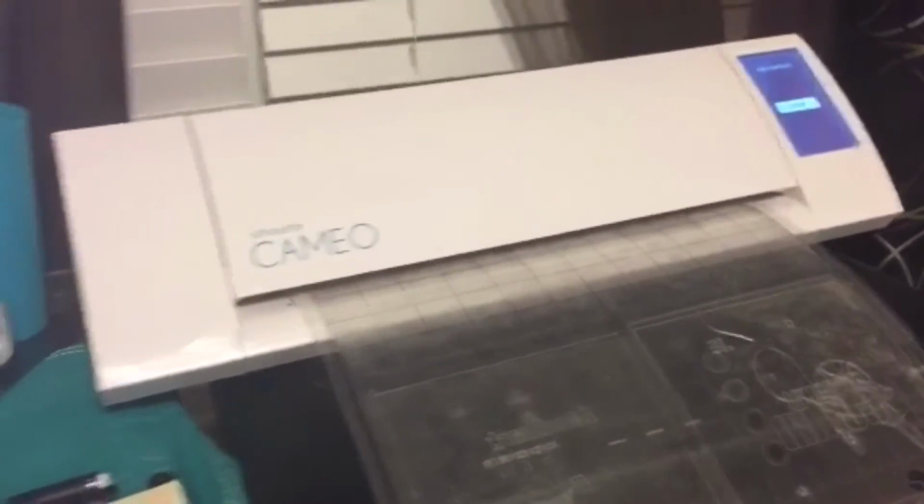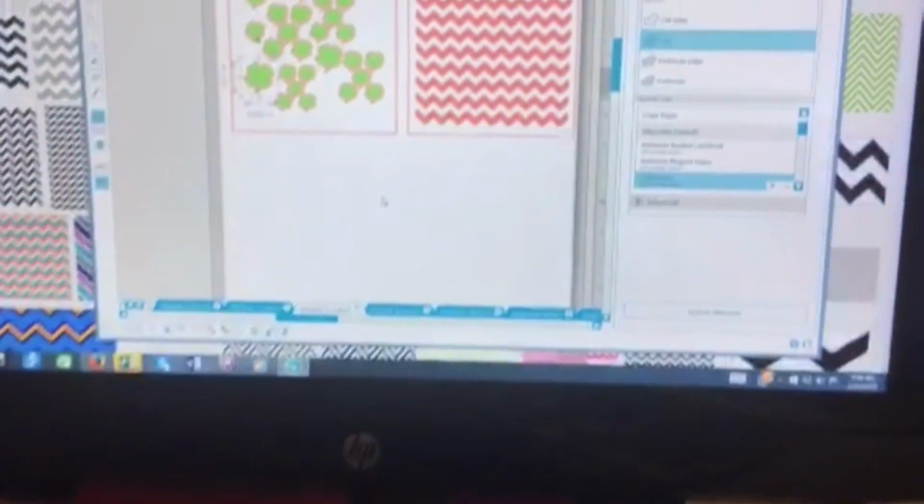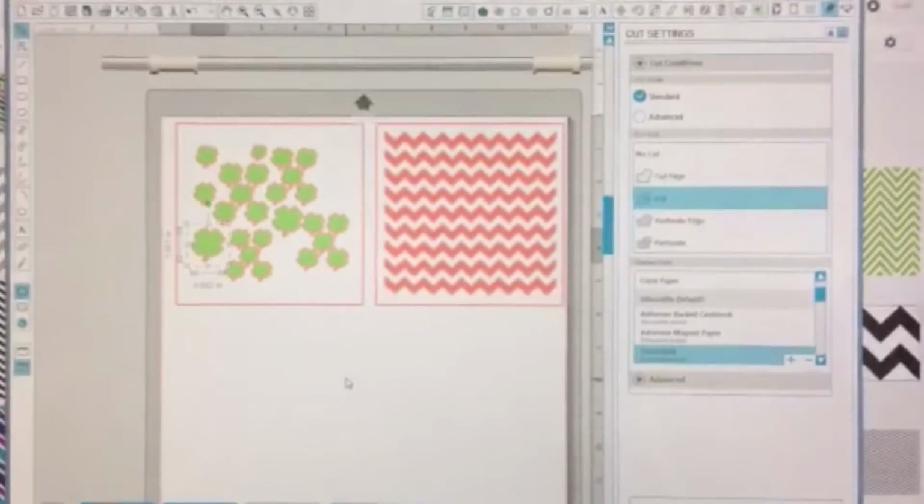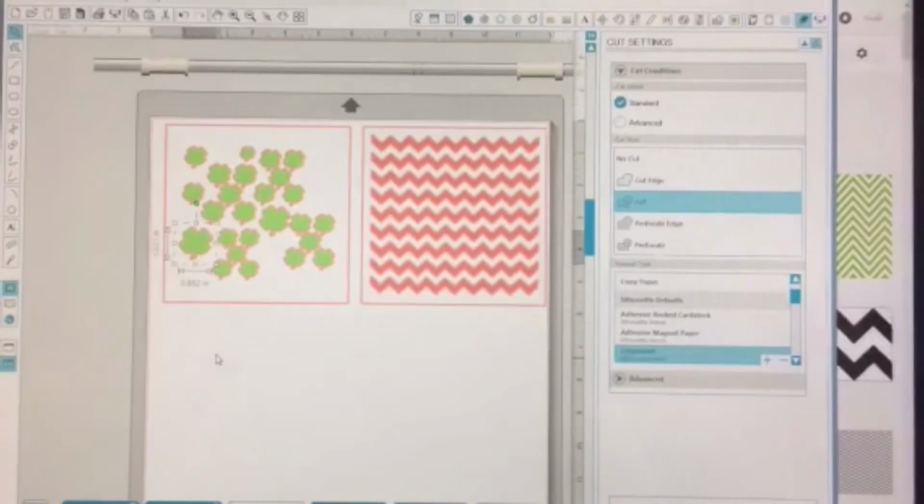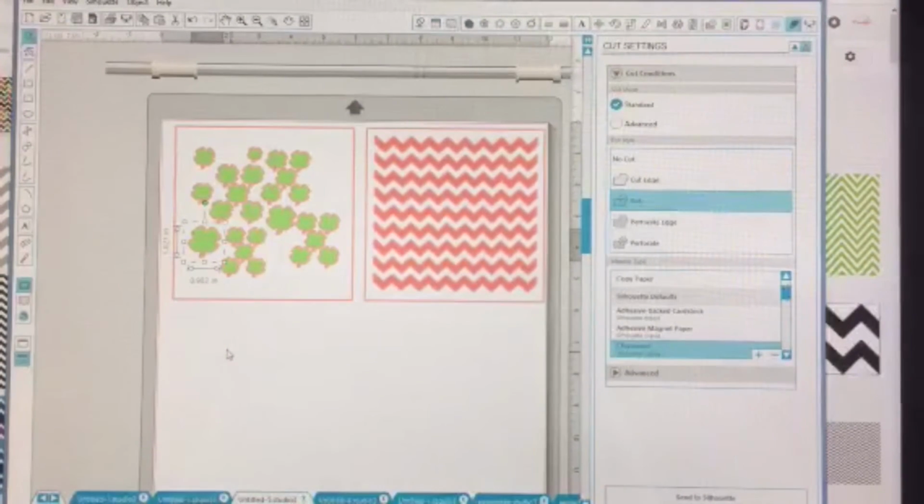The Silhouette and the Cricut. The difference is with the Silhouette, you see how I was able to go to Google, find an image, and cut it myself. I think that's more difficult with the Cricut. However, somebody told me that there's a new Cricut where you can look online and get images and stuff like that too. I know my friend who has a Cricut, it's an older Cricut, and she has to use cartridges and things like that she buys from Cricut, which means that a lot of images you won't be able to use to make,